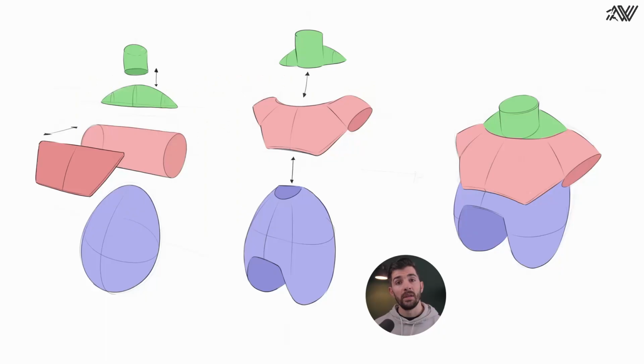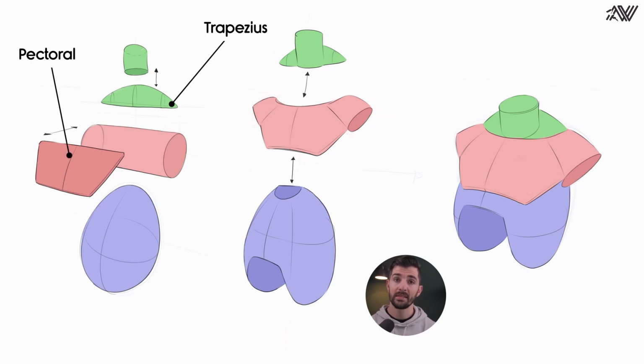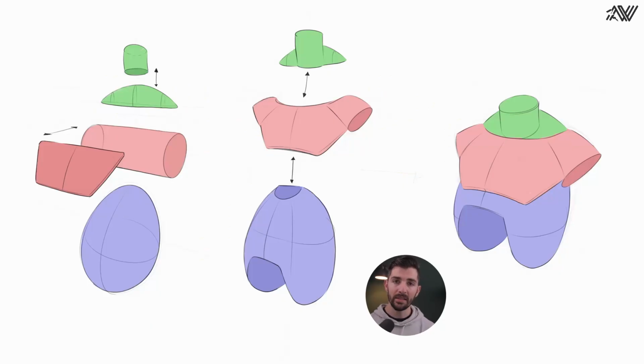Now, when we look at the torso from the front, we can identify a couple of muscles that will certainly dictate the form and silhouette of the anterior torso. This would be the trapezius, the pecs, the lats, and the obliques. Through studying the muscles individually, you should have better cultivated a sense of their form. When we combine them with the X shape of the rib cage, we can come up with a form that